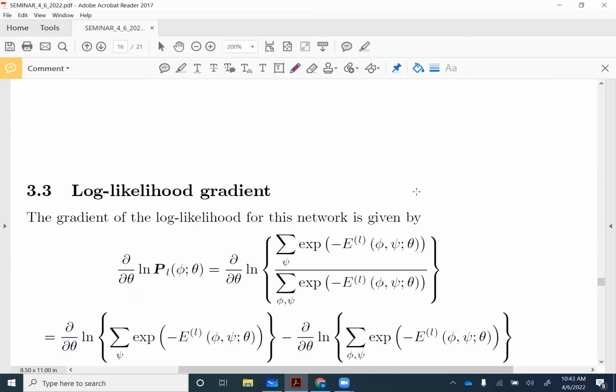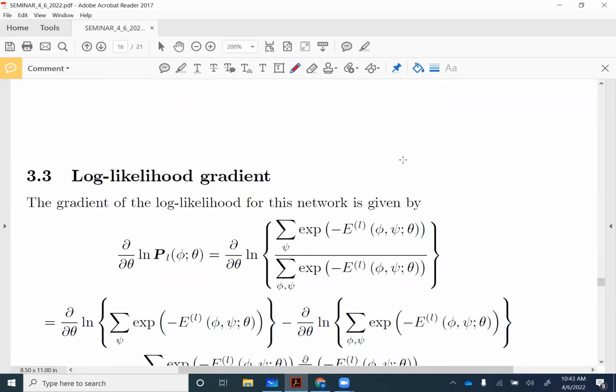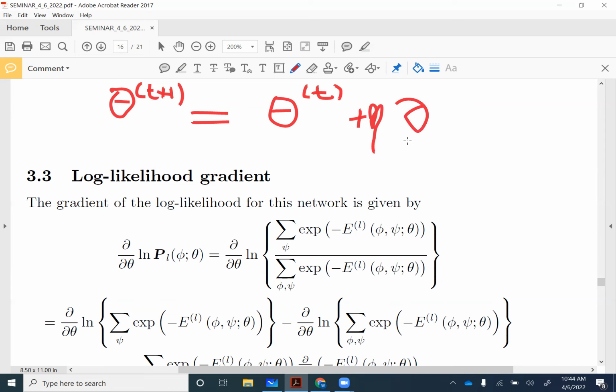Now, remember that in order to implement an algorithm, we have to update the parameters of the network. These are the parameters of the network at the time t+1. The new parameters are computed from the parameters at the time t. And here there is a constant, the learning constant, and here we need the gradient